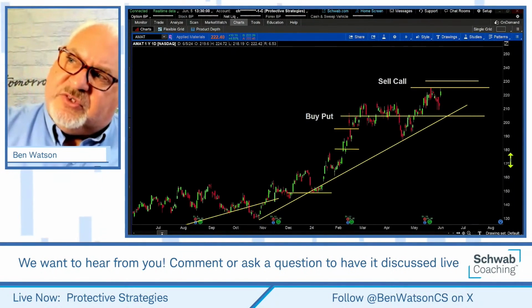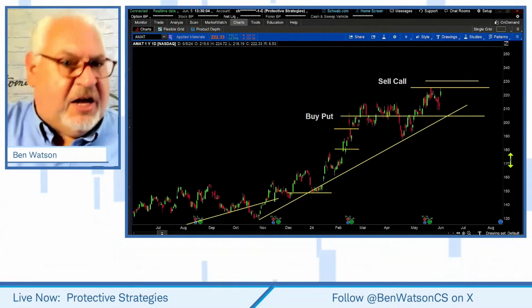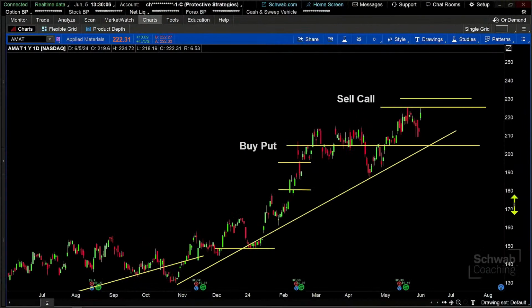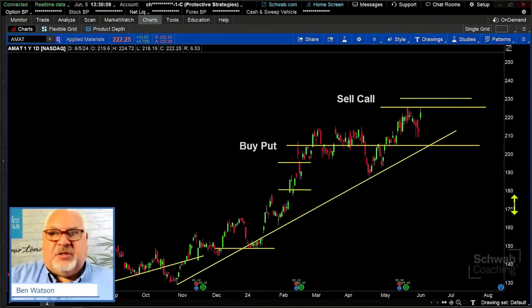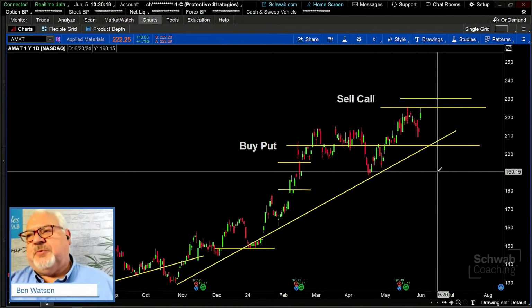Well, so we kind of have to define that, right? So is this in a bullish uptrend? It's making higher highs and higher lows, right? So yes, at the moment, this is a bullish stock. We're putting on this protective position, this collar strategy, as a means to help offset a potential reversal of that